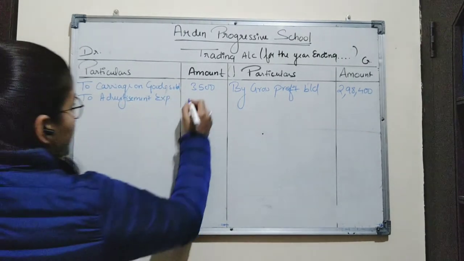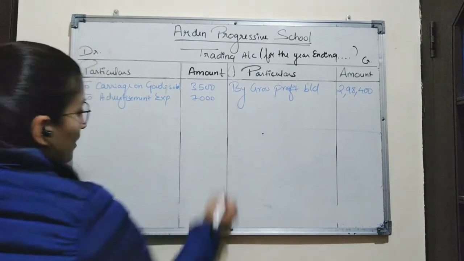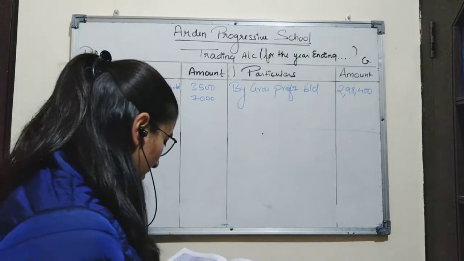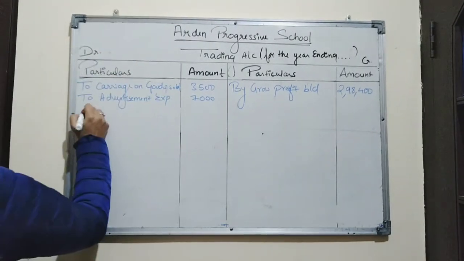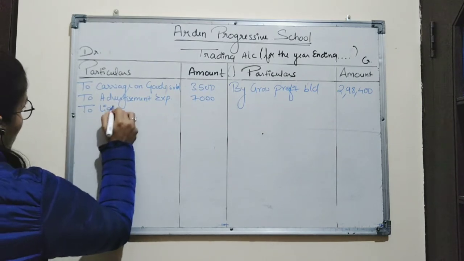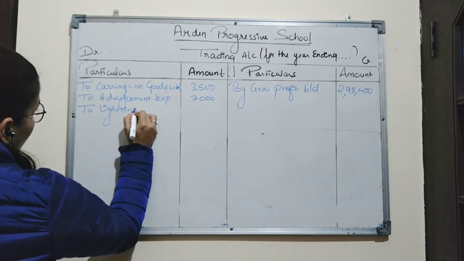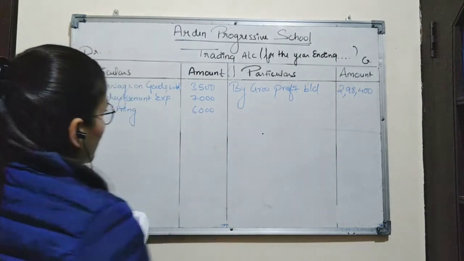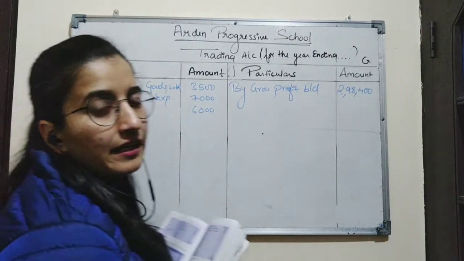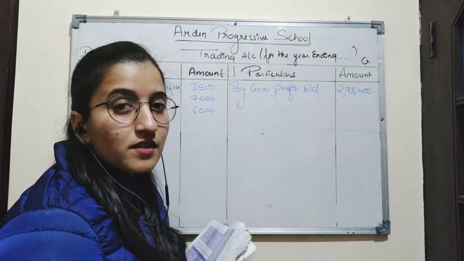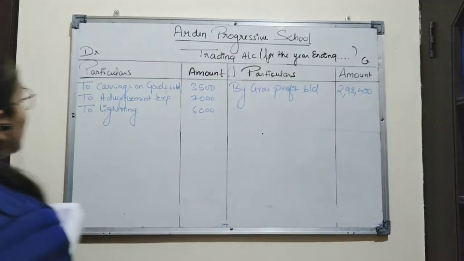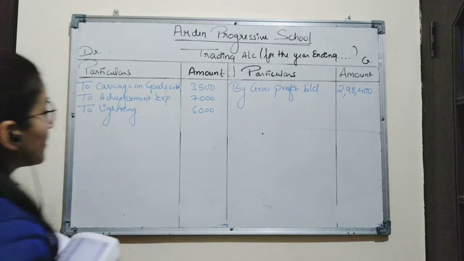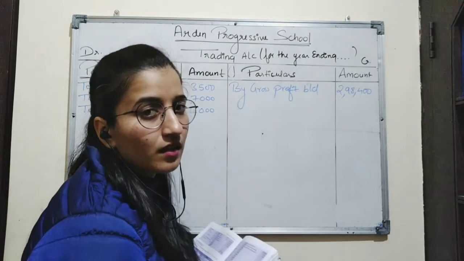Amount is rupees 7,000. After that, next expense is lighting. To lighting, amount is rupees 6,000. Factory lighting is considered as direct expenses. It will be recorded on trading account, but only if lighting is given, it is considered that it is an